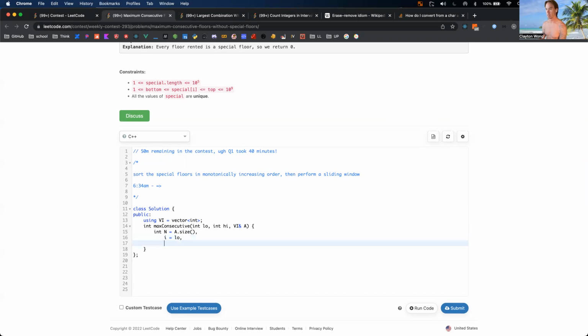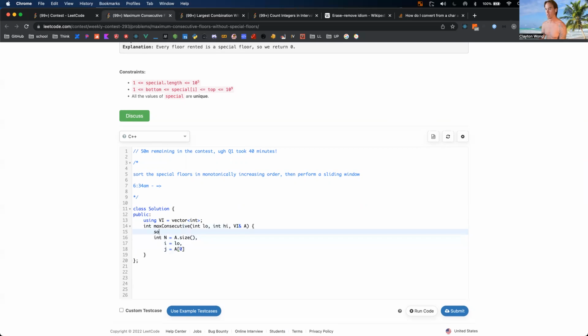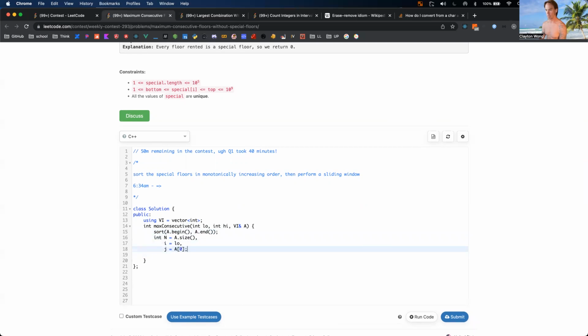How about J equals a sub 0 after sort. Problem statement doesn't say whether or not that's sorted or not. Okay. J is that guy. Okay, so while J is less than